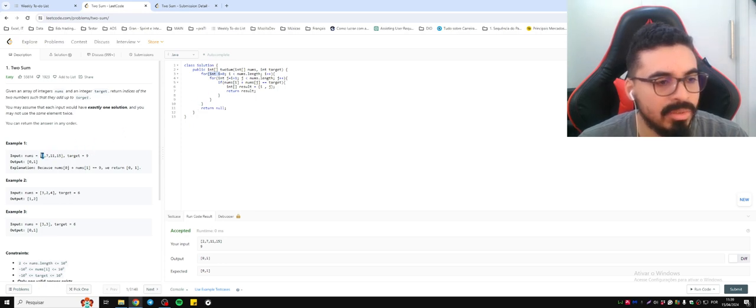So as I needed to add another element, I needed another for statement to select this second element. So this is what I thought of, and the value here of this j is 1 plus i, because if